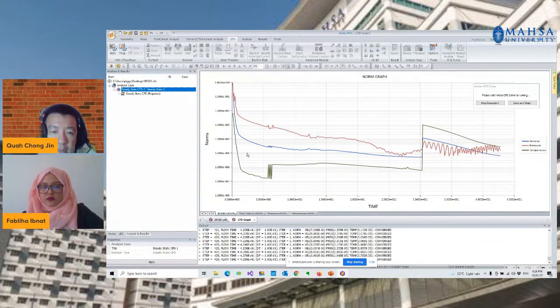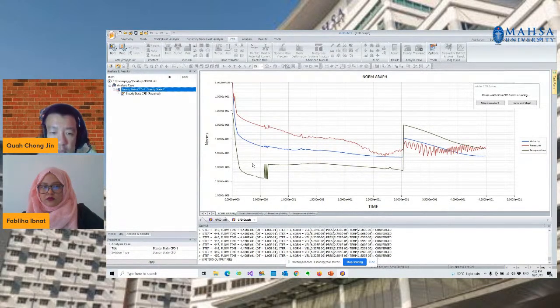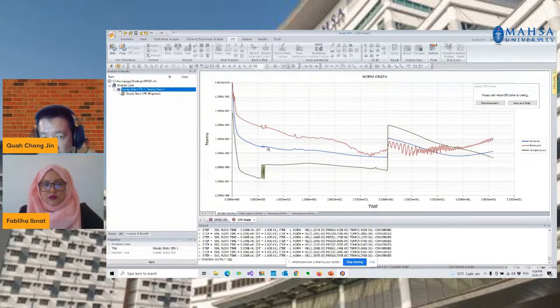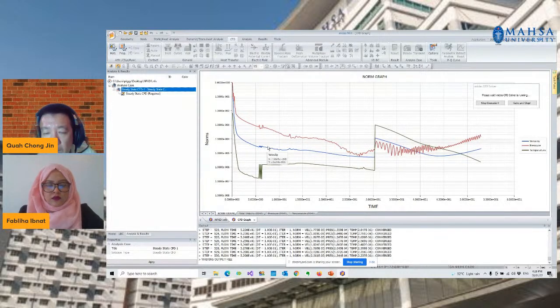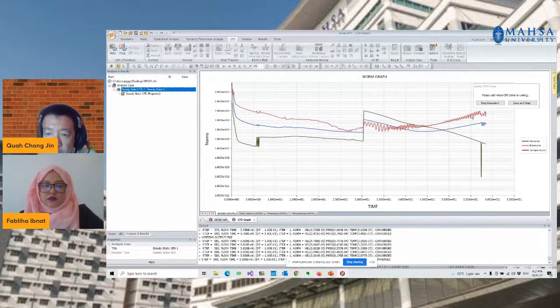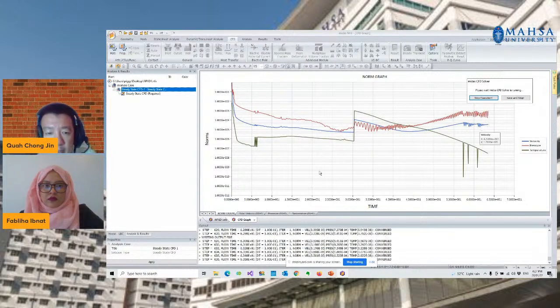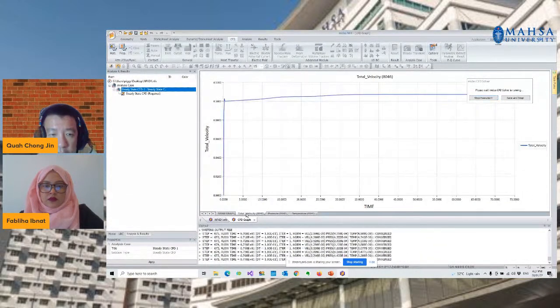And the second thing that you will need to notice is the behavior or the pattern of the residue itself. So make sure that there is not a lot of fluctuation, for example, like this one. So we may have to wait for the completion of the iterations, which we set at 1000 iterations in that case. And let's look at the other quantities, for example, the velocity.